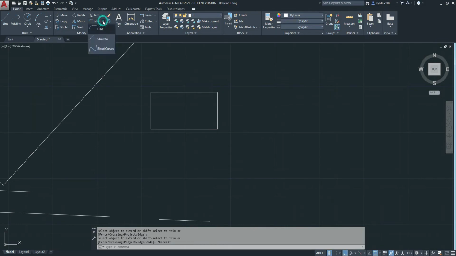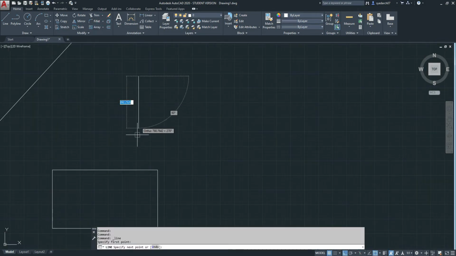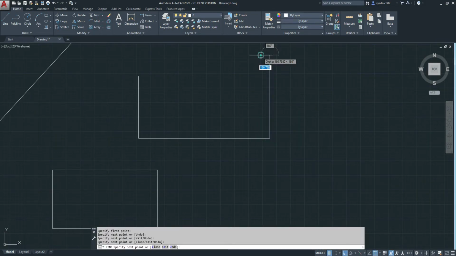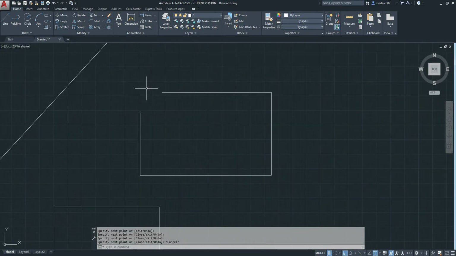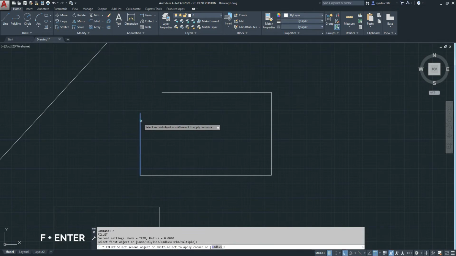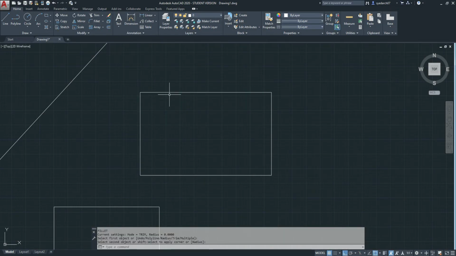Next we have fillet. In fillet we have three types. Let me draw another rectangle here, and now I have a gap here. To fill this I can select fillet by clicking here or use the shortcut F and press enter. Then I will select my first object, and then I will select my second object, and that's it, the edge is connected. Now let's go with the second option, and I will undo this using Ctrl Z.